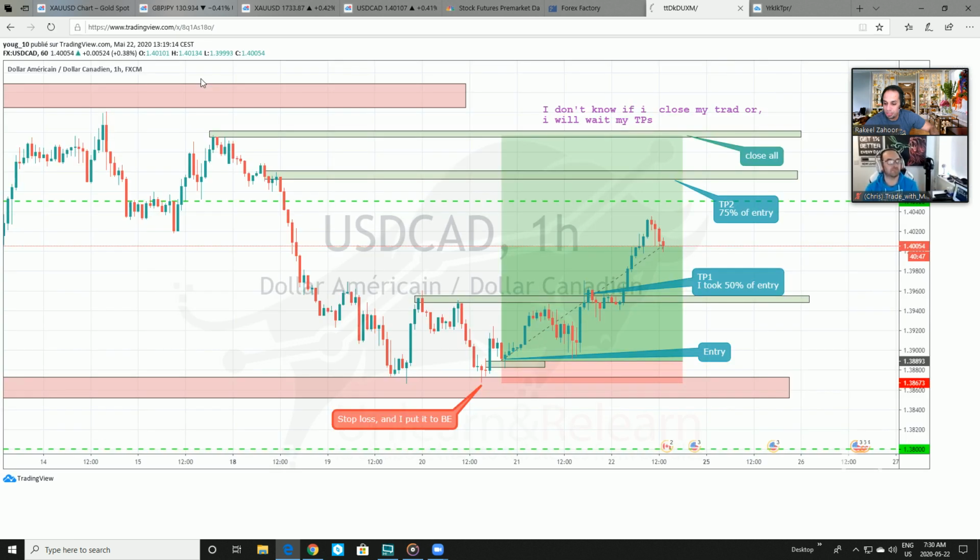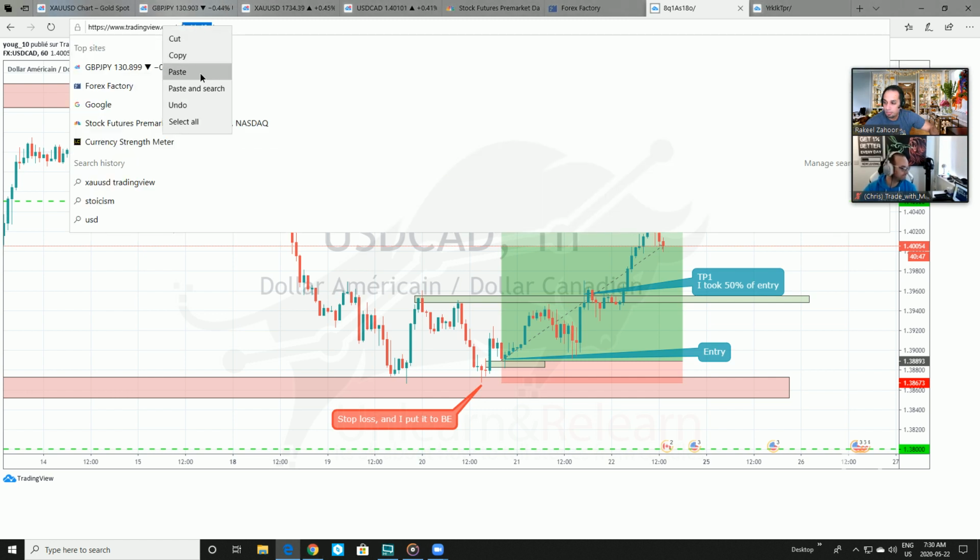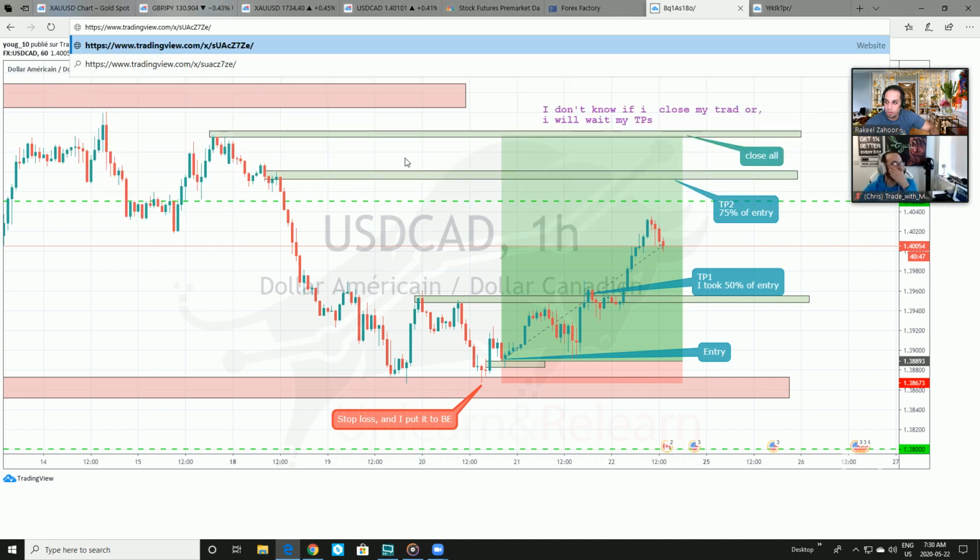So let's take a look at this chart over here. Oh, nice buys, beautiful. I don't know if I close my trade or I will wait for my TPs. Well, that's for you to decide what you want to do with this trade. Because if you take a trade and you don't know what to do with it, then